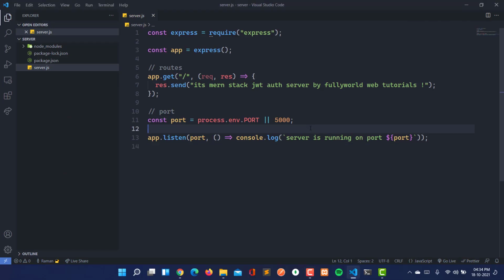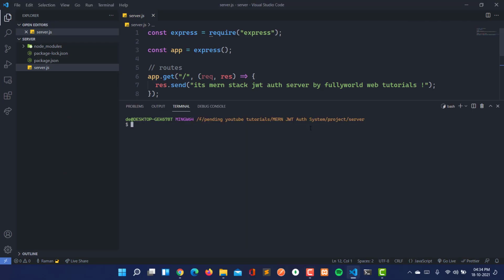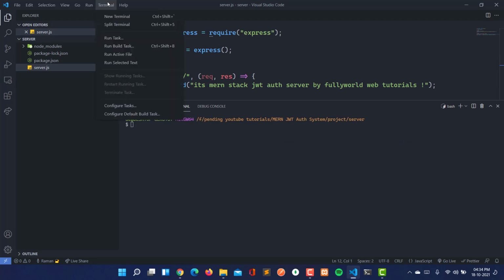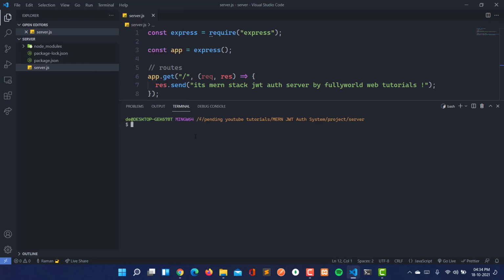So now let's open the terminal here. You can open the terminal from here by clicking on new terminal, or you can press Ctrl Shift and backtick. Here we have to install the dependencies. For that I am using npm, so I'm writing npm install.